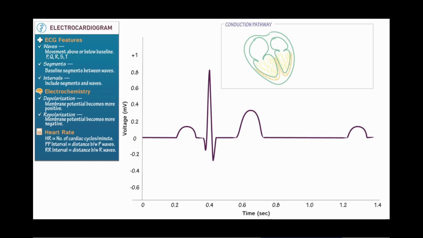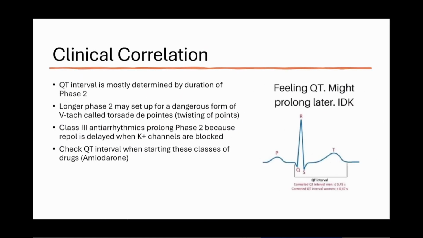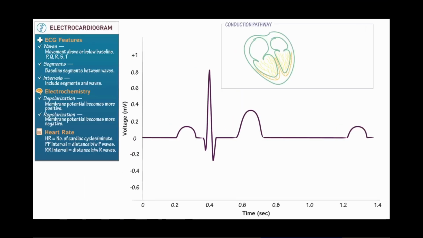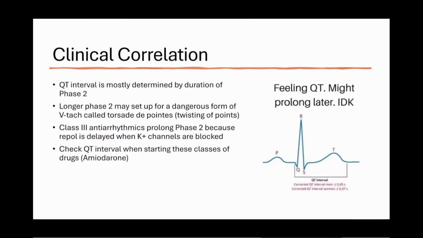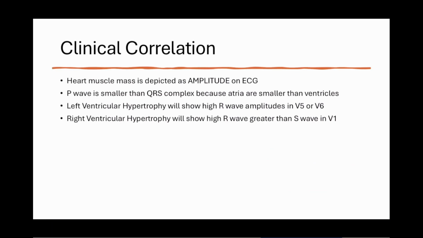Okay. This one we went over already, so you can do that on your own. But as far as the QTs, or the different interval things. Again, you'll have more crazy stuff with EKGs in the fall. AA already has EKG now. I hope this answered some of your questions you may have had with regards to the different parts of the complex. The QT interval is mainly duration of phase 2, so your calcium is going to be there. You can cause some weird things happen. You don't need to go crazy with this one, just some crazy things happen.